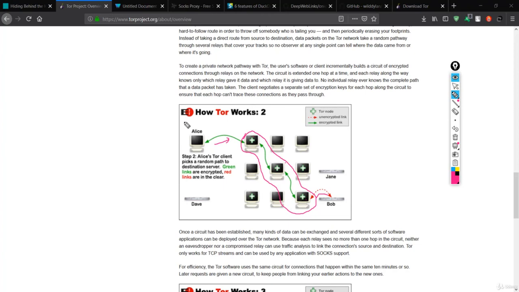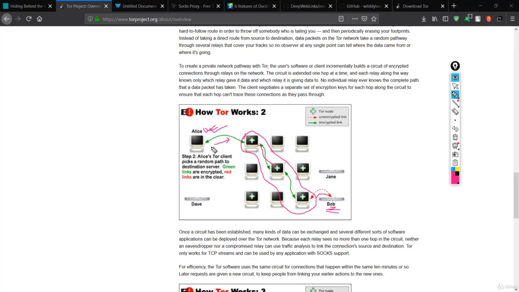You can clearly see the request is sent from Alice, but when it reaches Bob, it will think that it is from this Tor node and not from Alice. It was sent from Alice, but it was so encrypted that Bob has no idea which of these nodes sent the message.